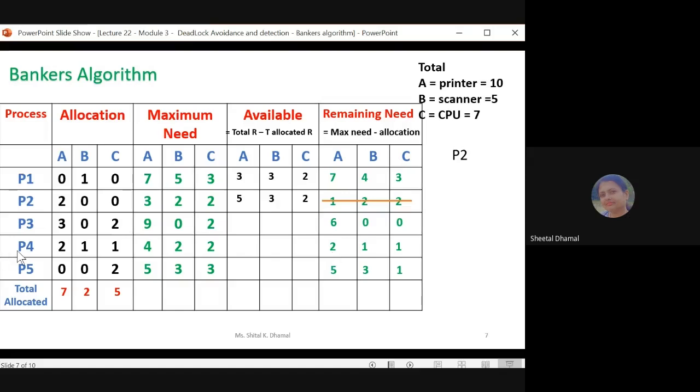तो नेक्स्ट प्रोसेस कौन सा है आपका, P4। P4 को दो प्रिंटर चाहिए, वन स्कैनर चाहिए एंड वन सीपीयू चाहिए। तो यहाँ पे द नंबर ऑफ रिक्वायर्ड रिसोर्सेज दैट आर लेस देन ओर इक्वल टू नंबर ऑफ अवेलेबल रिसोर्सेज। इसका मतलब है जो अवेलेबल रिसोर्सेज हैं उसमें से ये प्रोसेस P4 अपने रिसोर्सेज ले सकती है। सो ऑपरेटिंग सिस्टम इट विल allocate the resources to the process P4. P4 it will complete its job, and after completing its job, your process P4 it will enter into